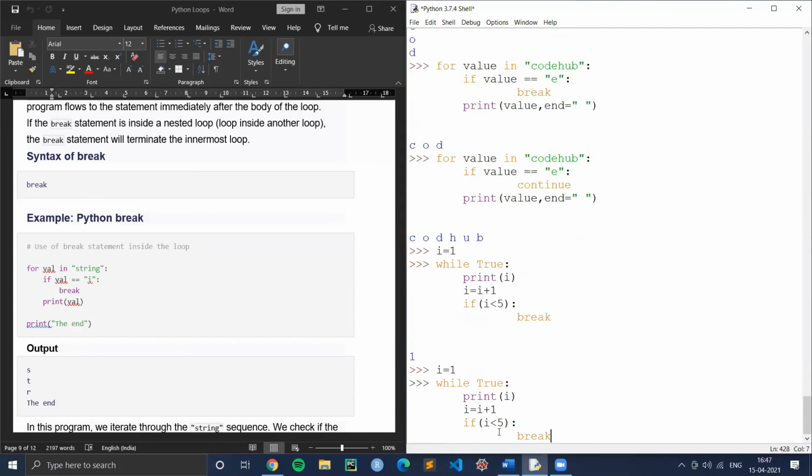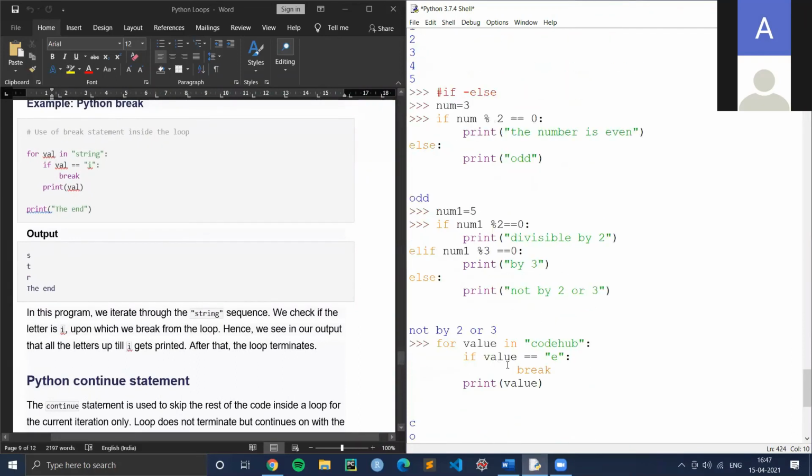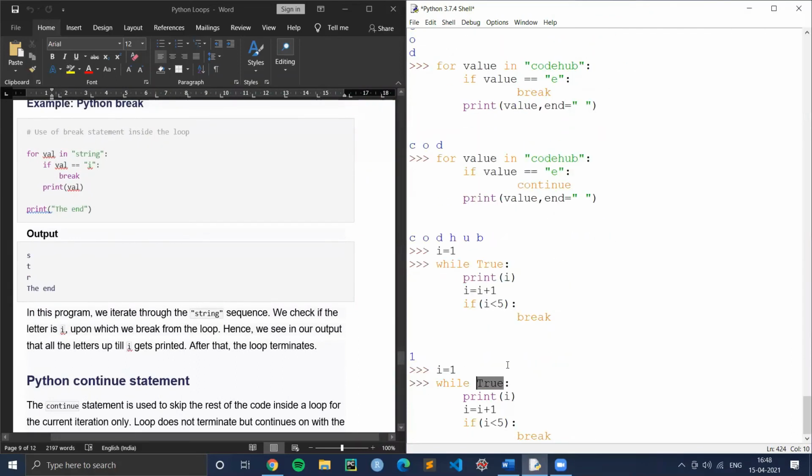It's not necessary for you guys to learn this do while like that. Normally if you write a while loop, that would work. There is no need of using if and break. In a normal while loop, you could directly provide the condition in place of True. But if anybody asks whether there is a do while loop, how would you implement it, you can tell them that it is implemented using while, if and break statements. I told do while in the last because I wanted you to know break statements first.